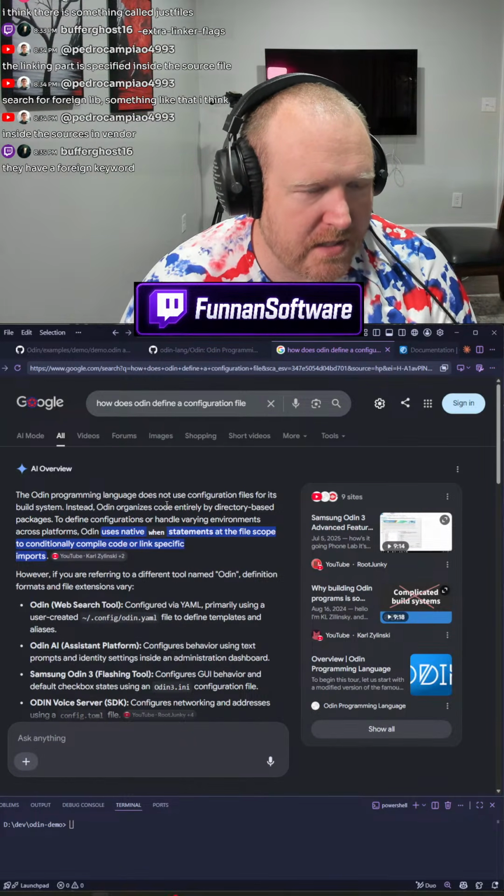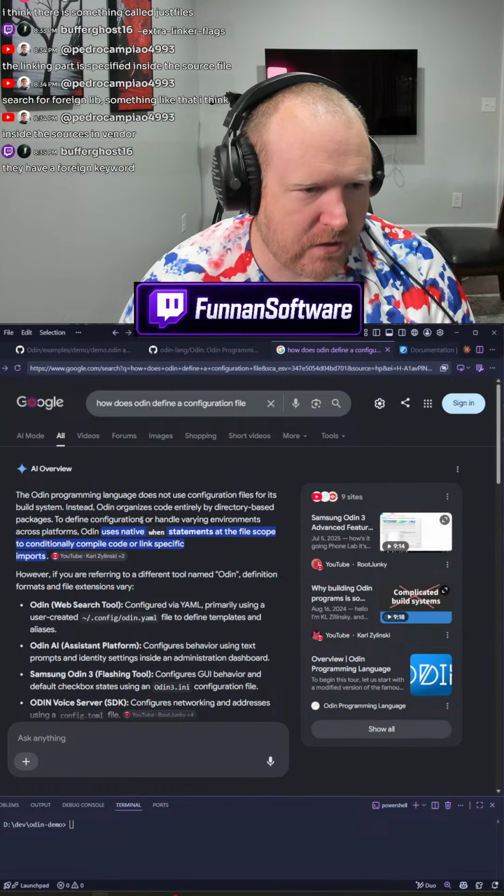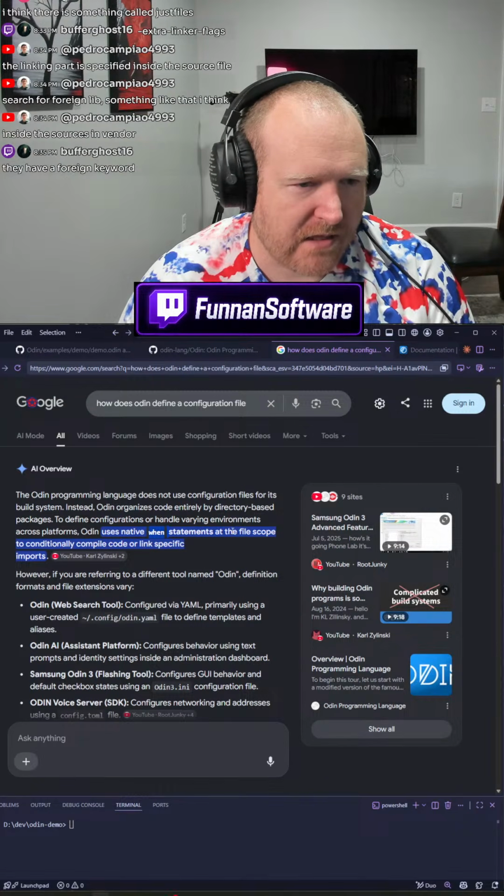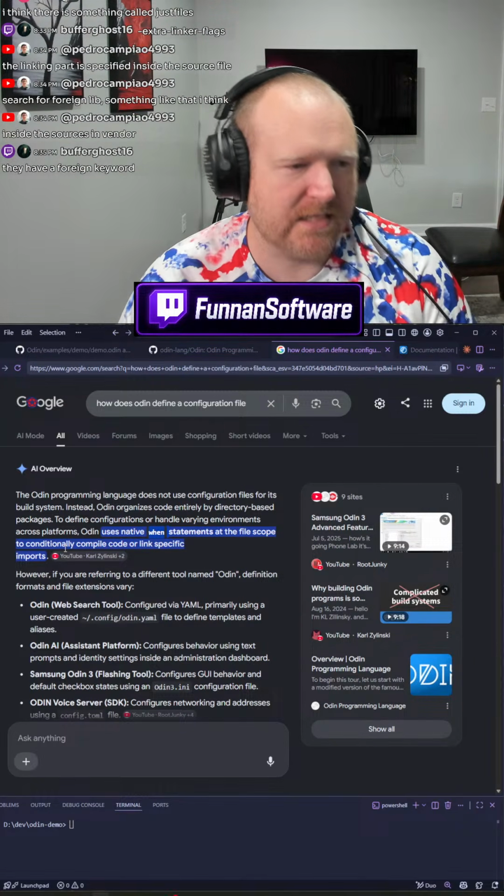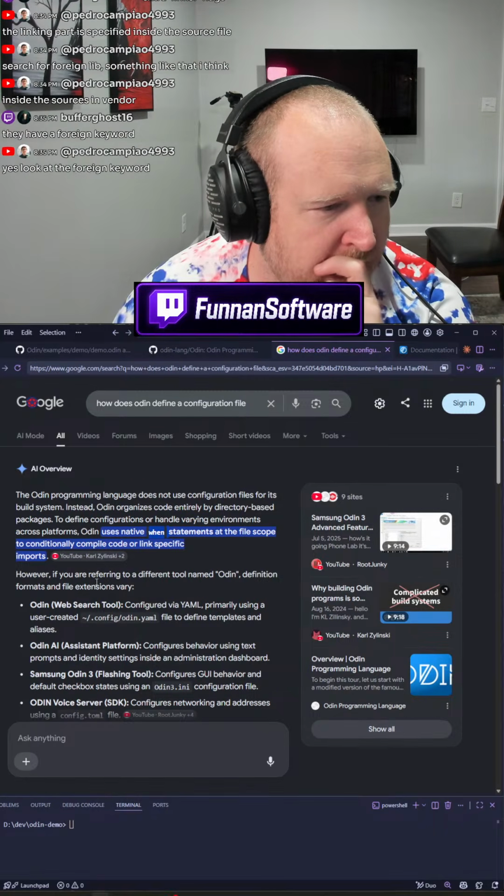Instead, Odin organizes code entirely by directory based packages. To define configurations or handle varying environments across platforms, Odin uses native when statements at the file scope to conditionally compile or link specific imports.